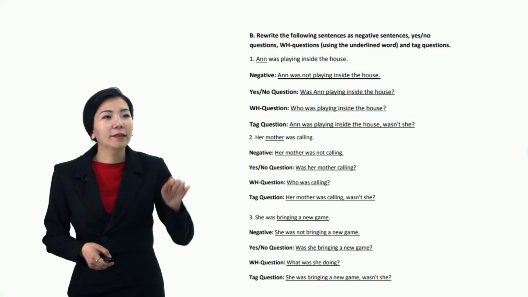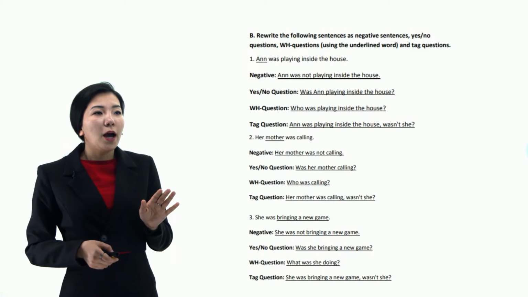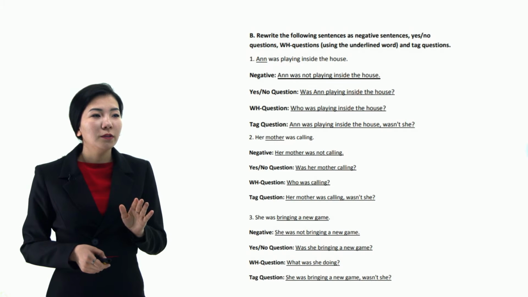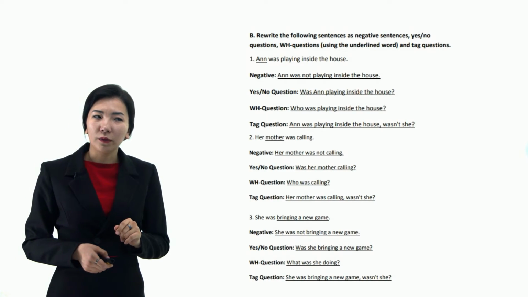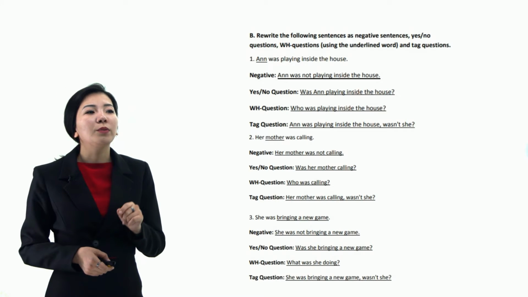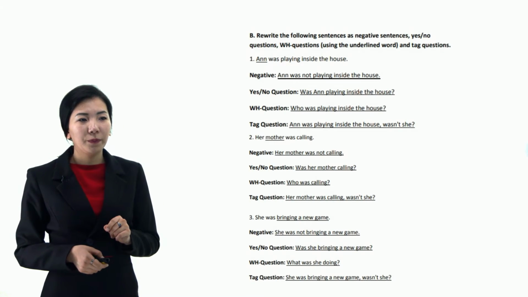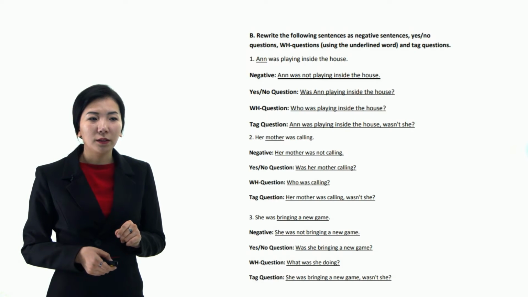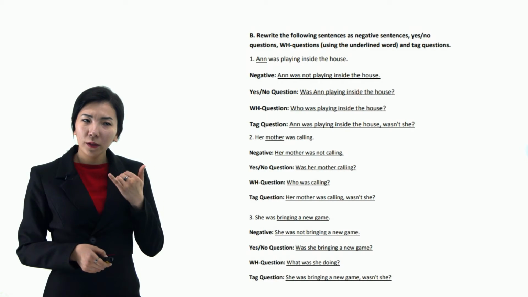Okay, the answer for the next task is the following. Anne was playing inside the house. Anne was not playing inside the house. Was Anne playing inside the house? Was she playing inside the house? Anne was playing inside the house, wasn't she? Her mother was calling. Her mother was not calling. Was her mother calling?